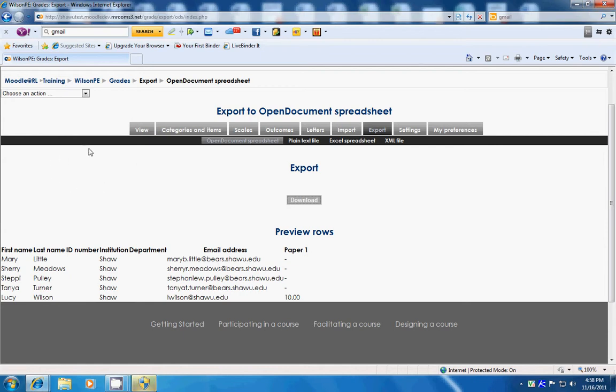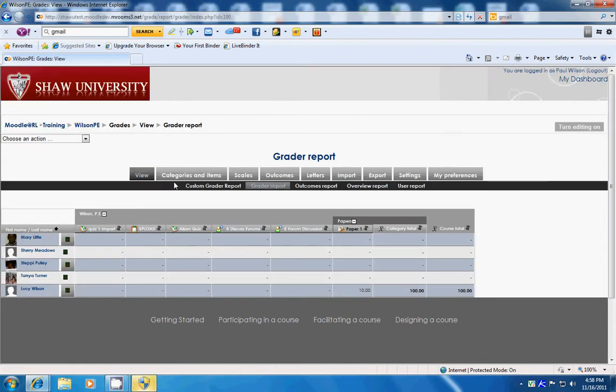So here we have studied about grades. We have viewed the grades. We have understood categories and items. Under the tabs, we've looked at grader report, user report, and we have, using categories and items, added an item, added a category, and we've even manually input a score. Again, I encourage you to study all of these tabs and decide how best to use this powerful tool, Gradebook,